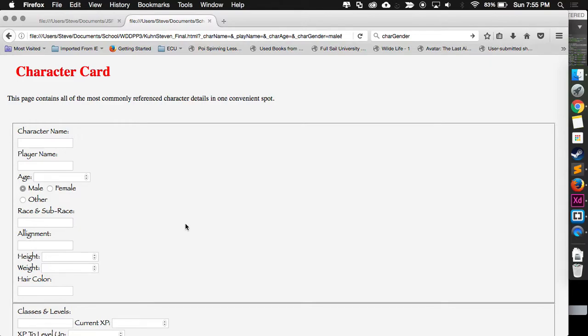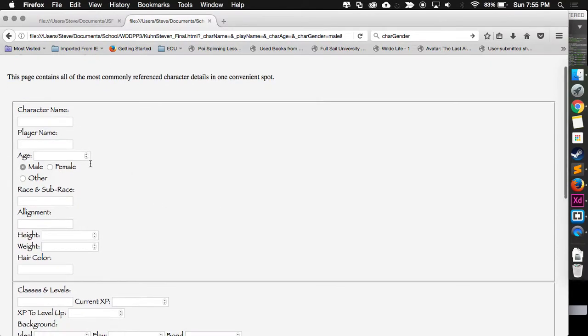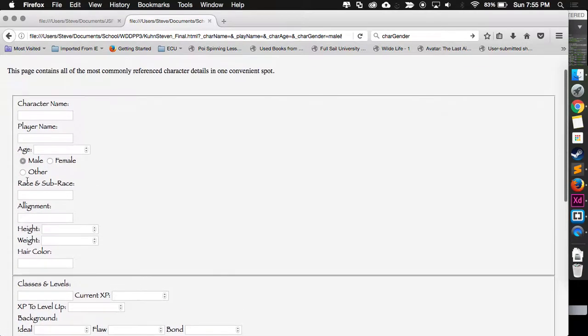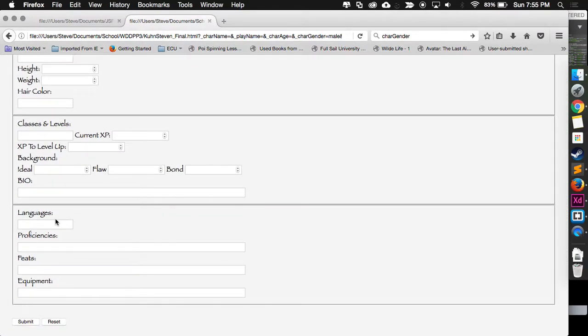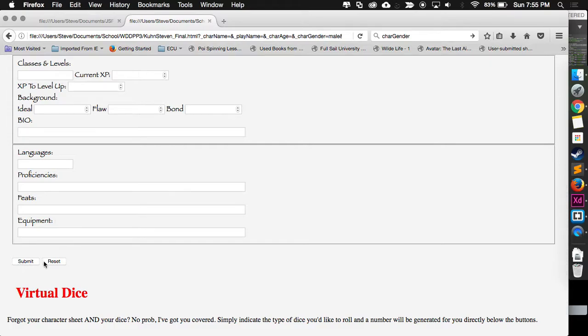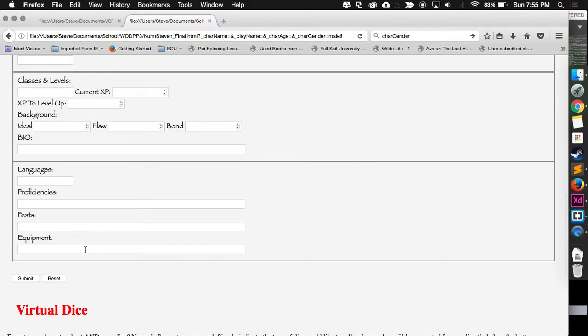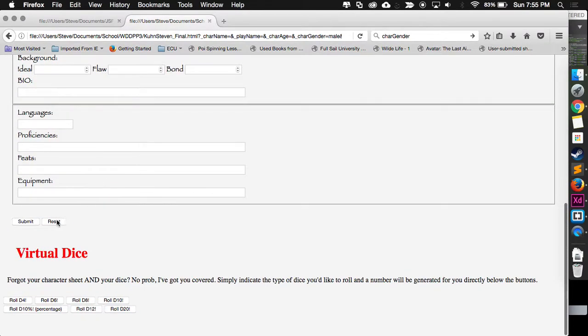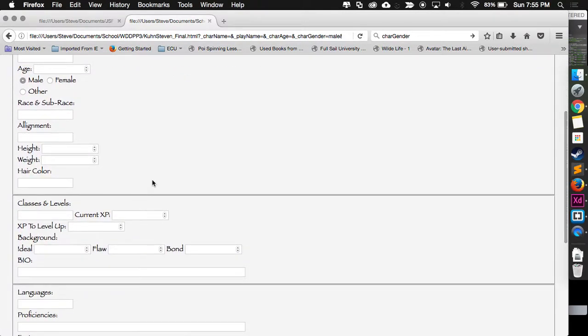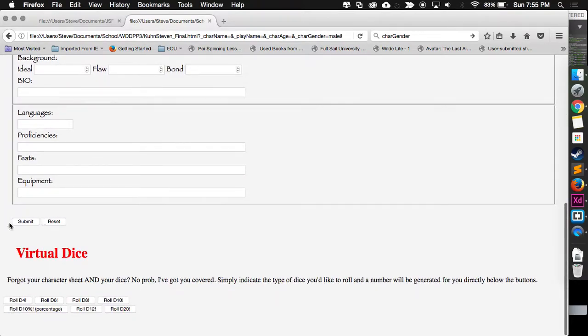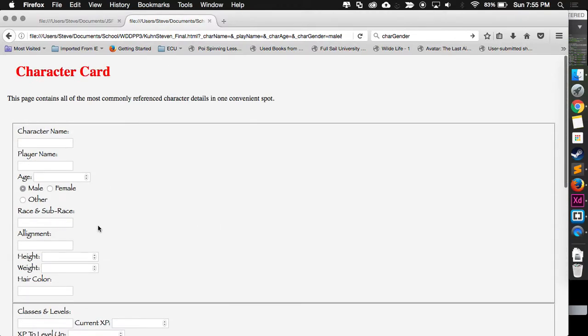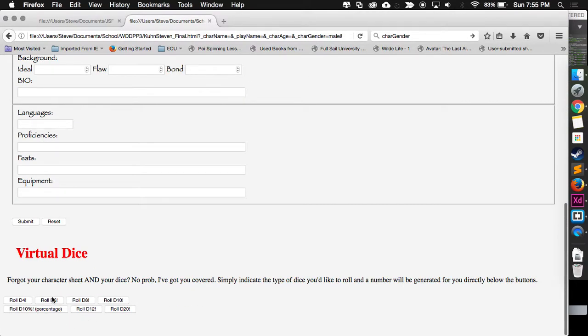So right now, what I have is just a generic character card with all of the most important information from a character sheet. The submit and reset buttons don't do anything beyond their default features. The reset will wipe everything in the form, but other than that, I'll get into the submit button in a second. As you can see, after the character card, I also have my dice roller, which was mentioned in